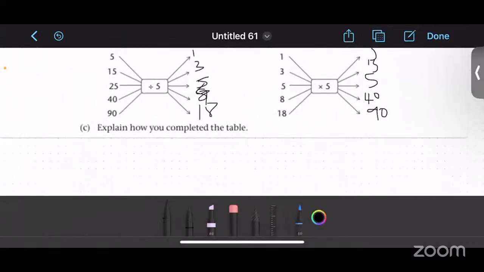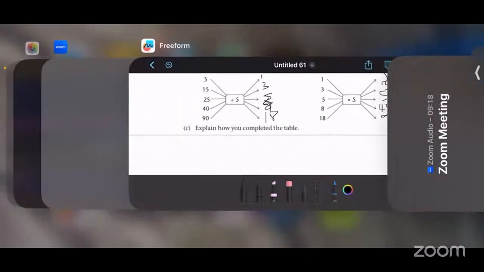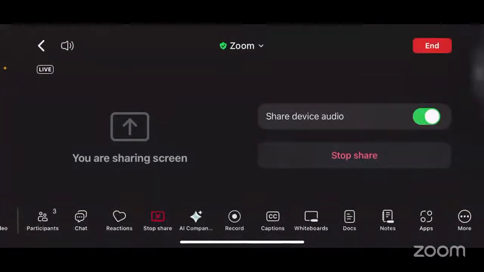And then they say explain how you completed that. How did you complete that? We multiply the input by the process. When you multiply,